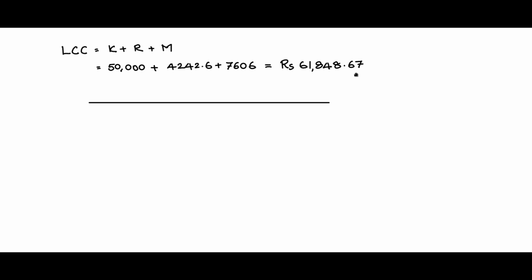Now it will be interesting for us to distribute it over the entire 15 years in an annual way. What is the equated annual installment that someone would pay for a present worth value of this? So let us use the timeline T. Now at time 0, then year 1, year 2, so on, to year 15. That is our lifespan. Now at time 0, we have the LCC value of